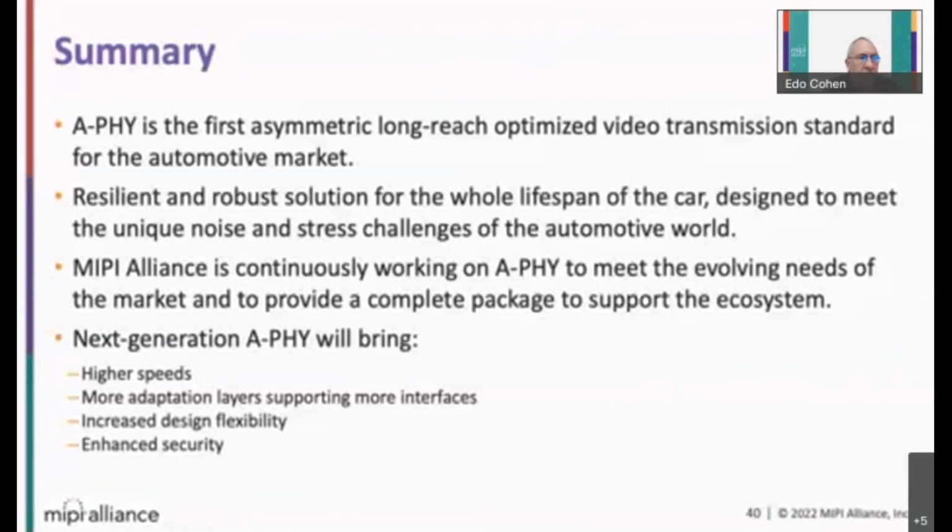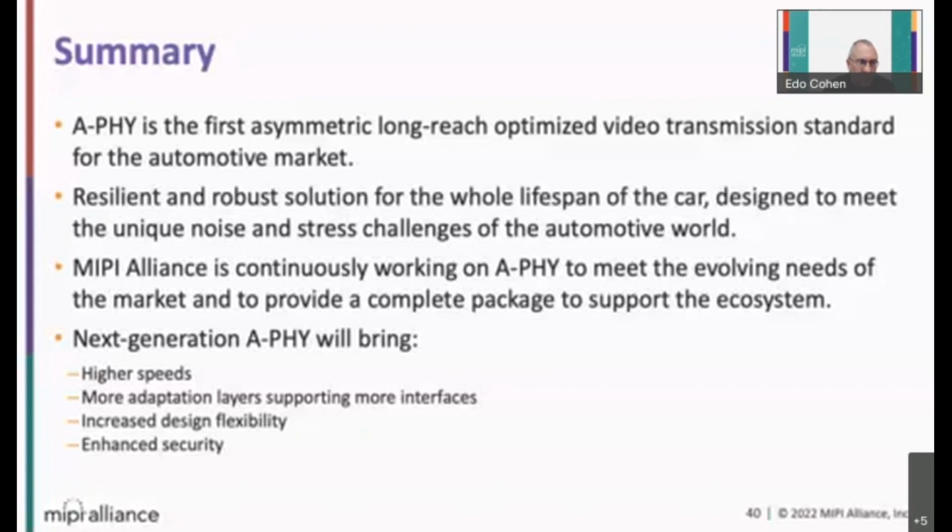So to summarize, A-PHY is the first asymmetric long-reach optimized video transmission standard for the automotive market. It is a resilient and robust solution for the whole lifespan of the car, designed to meet the unique noise and stress challenges of the automotive world. The next generation of A-PHY will continue to support these, and MIPI Alliance is continuously working on A-PHY to meet the evolving needs of the market and to provide a complete package to support the ecosystem.